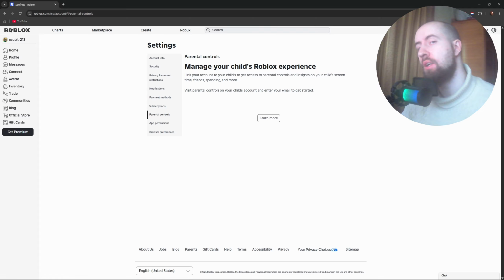parent PIN to make any changes. So just enter the correct PIN to unlock the settings. Without this PIN, Roblox won't allow you to change restrictions. If you don't know the PIN, the parent or guardian must reset it through their email. And then once the PIN is accepted, you can modify